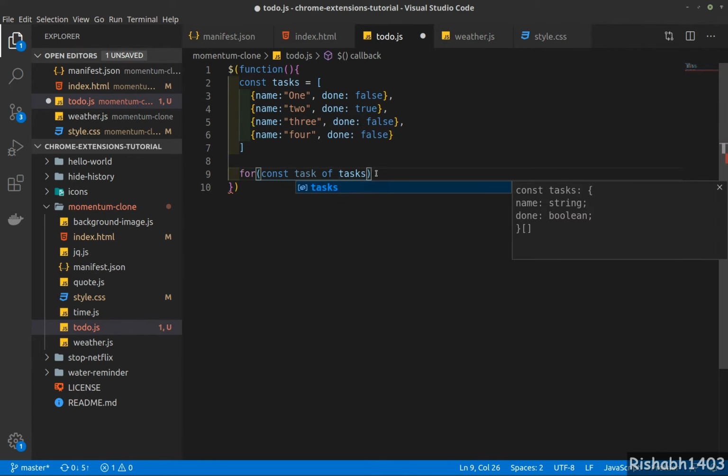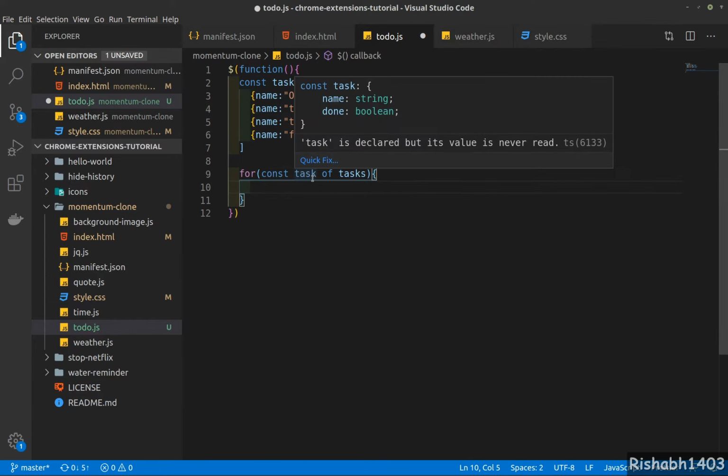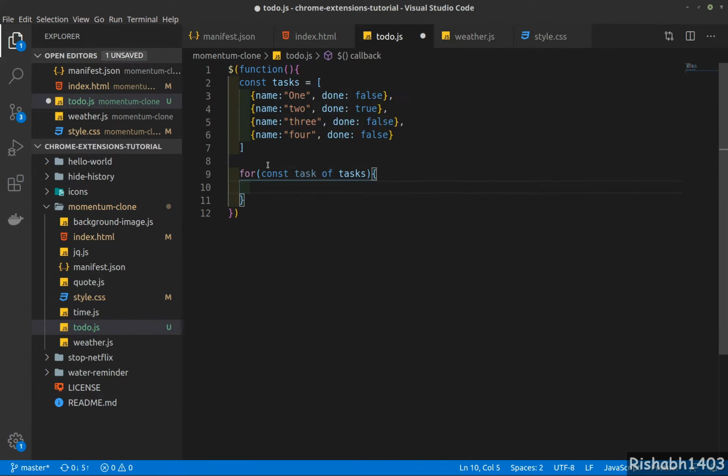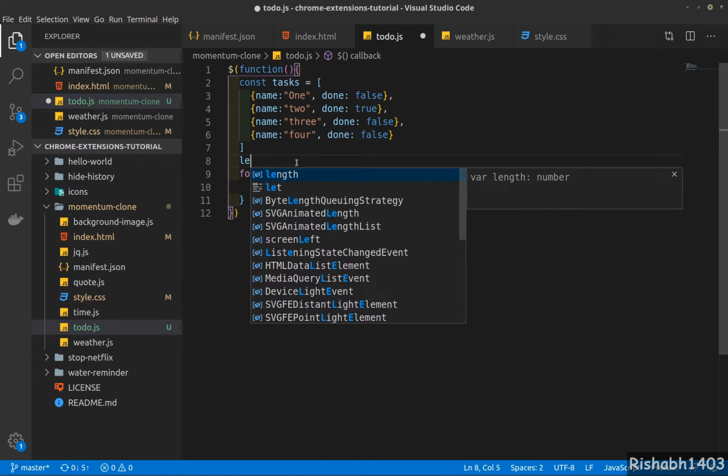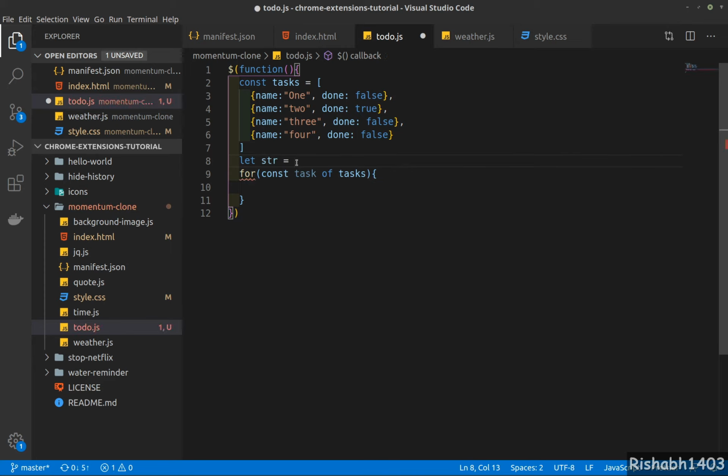So we will grab all the tasks, each task one by one, and we will create a list element string. What I mean to say is, let's say we declare a string here. Now we'll append the task to the previous task string. Okay, now we'll append the new list item.